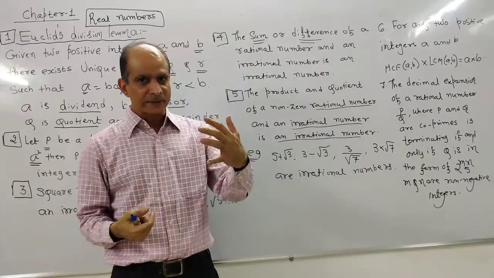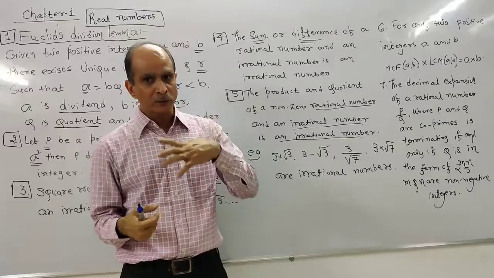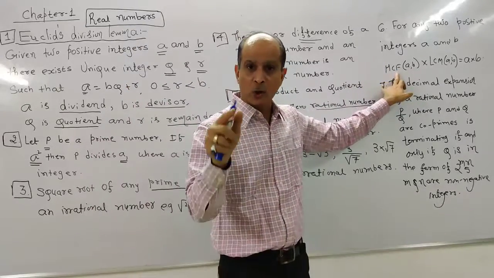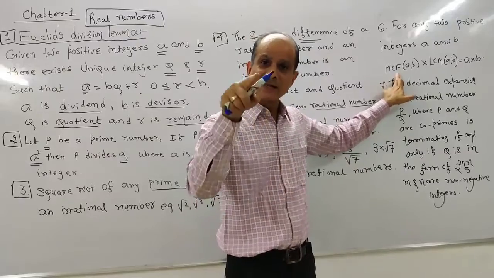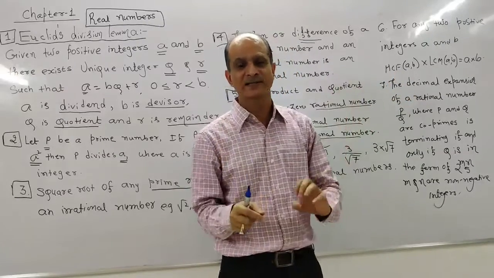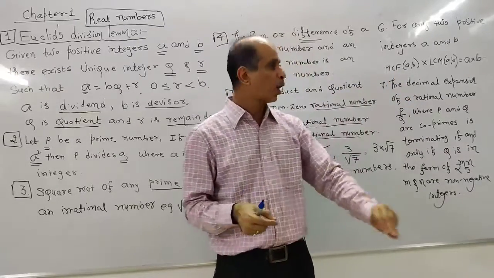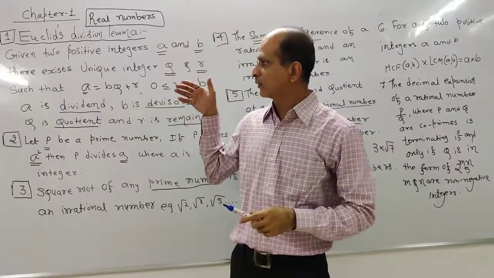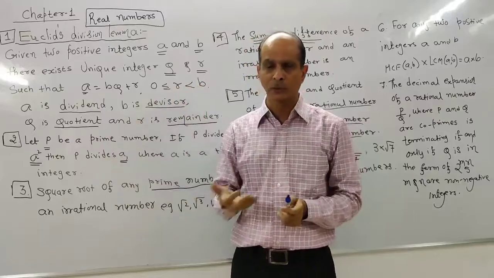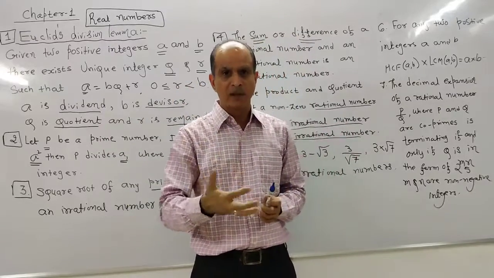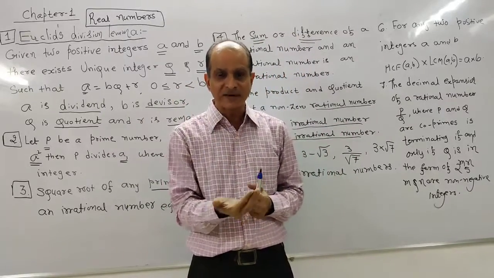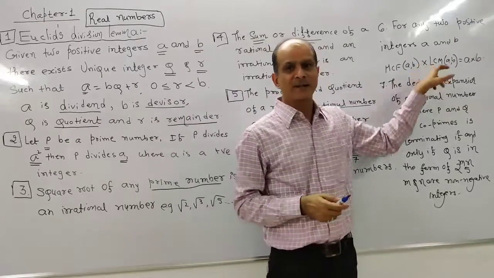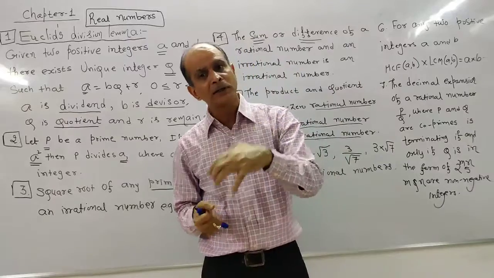So two numbers are given to you. You have to find out the factors, then you have to find the common factors, and the highest common factor is known as HCF of the two numbers a and b. In exercise number 1.1 and 1.2, we will solve many examples on how to find out HCF and LCM of two numbers. Similarly, LCM means least common multiple.